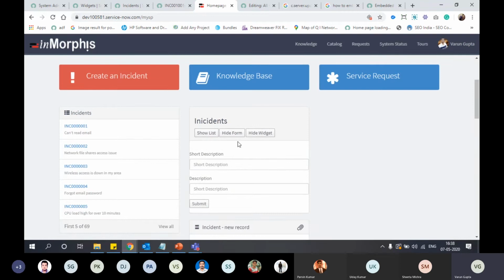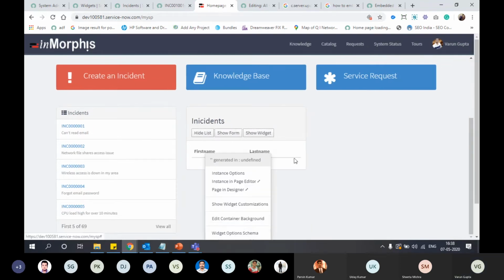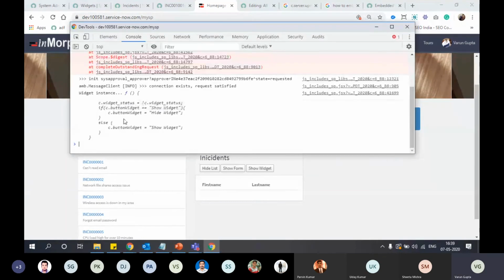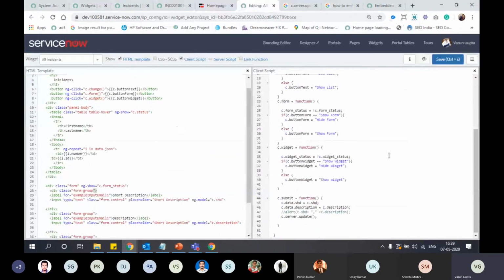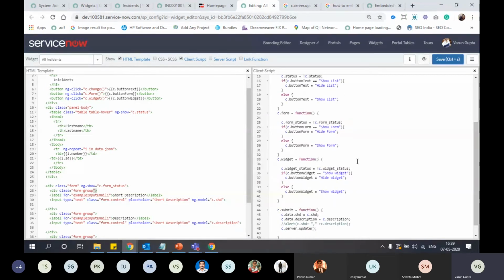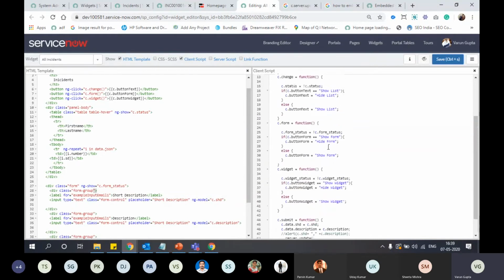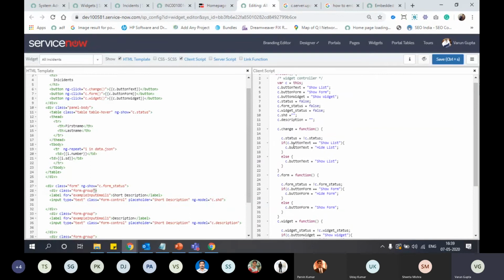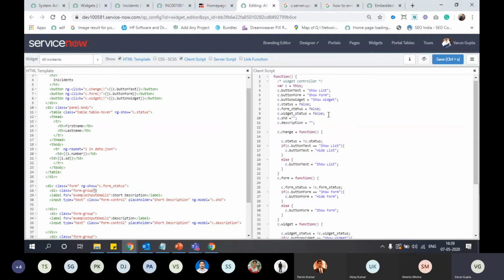We are not getting values in show list. False.